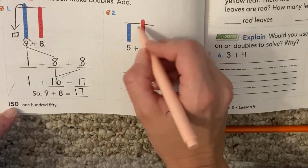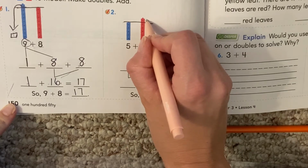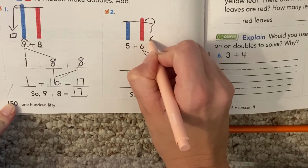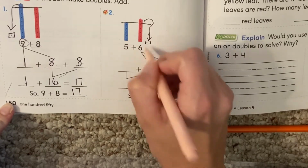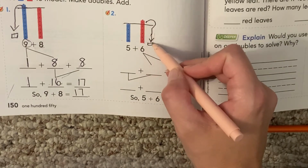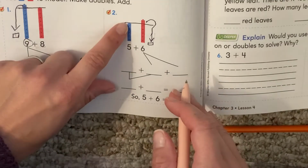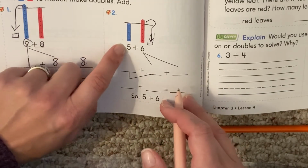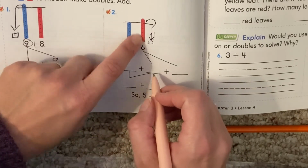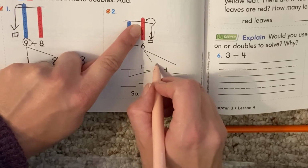So ready? We put our line across. We got that 1 at the top. Remember what we're going to do? We're going to pop it off and put it down here, right? We popped it off the top and moved it down. So now we're going to write about it. So we have 5, and then this is the one we turned into our double, right? If we pop one off, this is 5, so then this part down here is 5